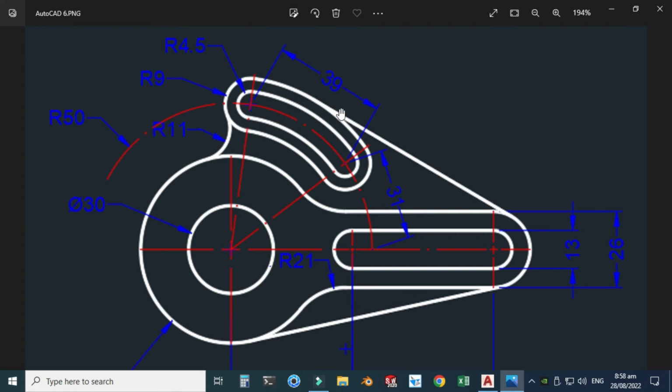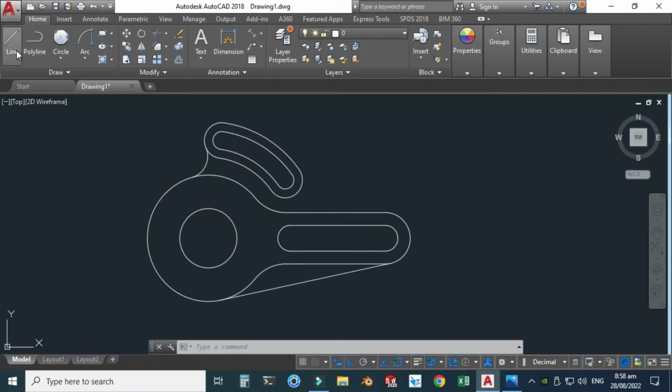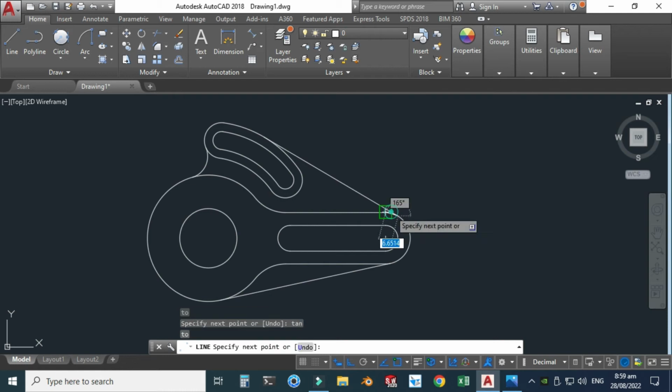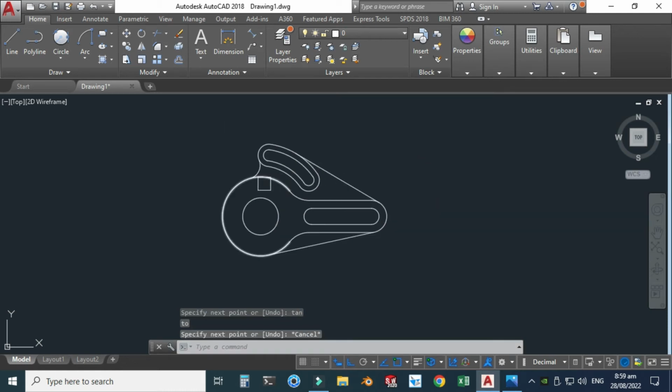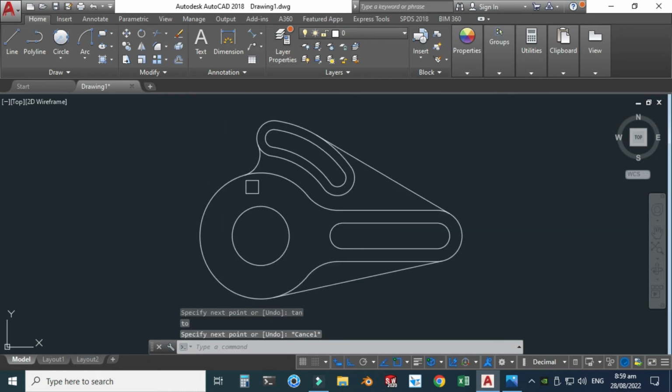So you can see that this line is tangent to this slot and this line is tangent to this slot. So let's go to your AutoCAD, and I will select the line tool, and first I will write TAN for tangency. I will select this slot and also tangency, press enter, and I will select this one. So you can see that we have created this part, and